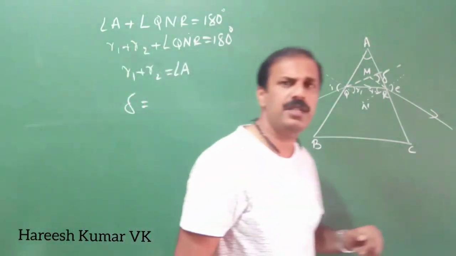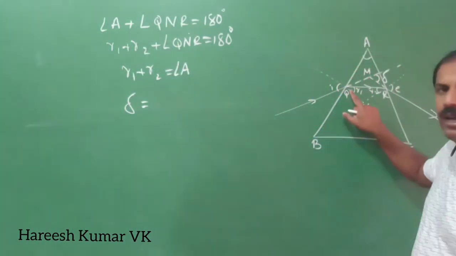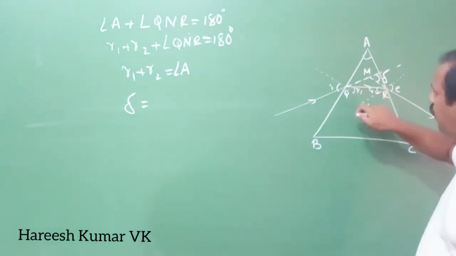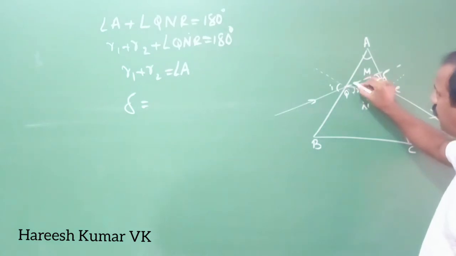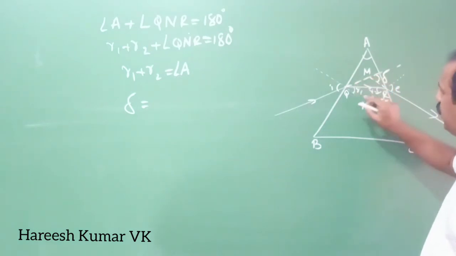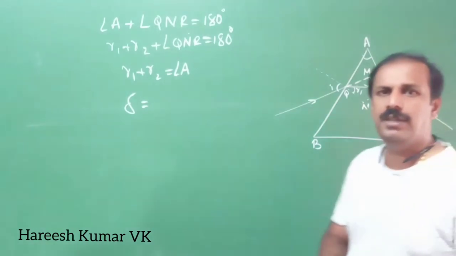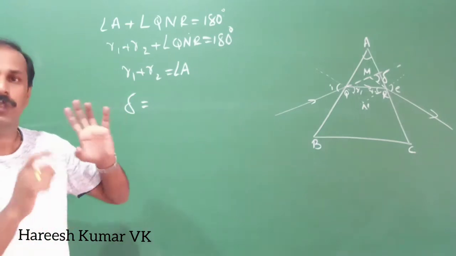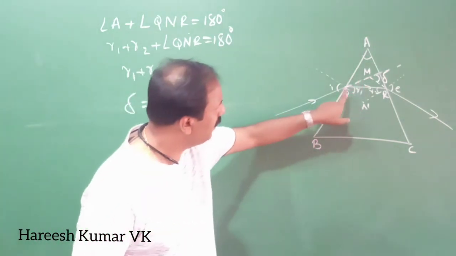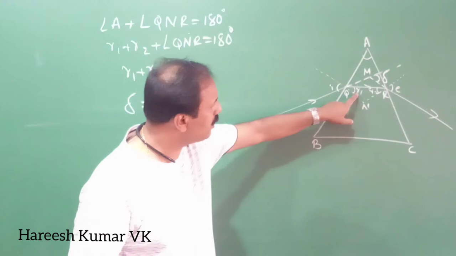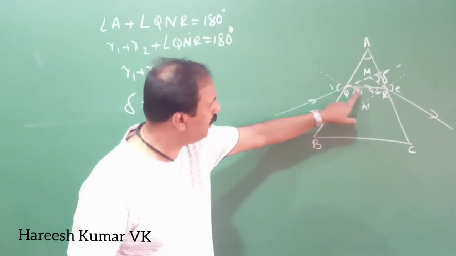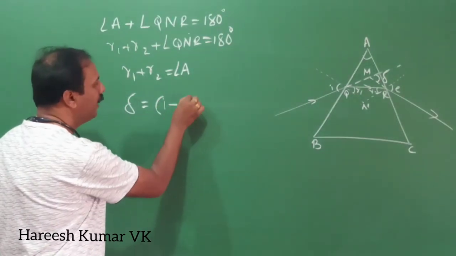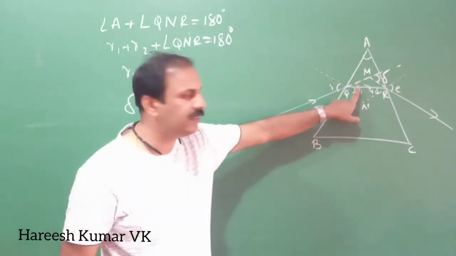How does this deviation happen here? When the light is coming from here, here one deviation happens, and afterward the next deviation happens here. So here what is the deviation? From this line, this point is the deviation here, and here also we have another deviation. Now we can add these two deviations to get the total deviation. So this deviation, how can we get? This angle is I, means this total also will be I, then this will be I minus R1. That is the deviation happening this side.